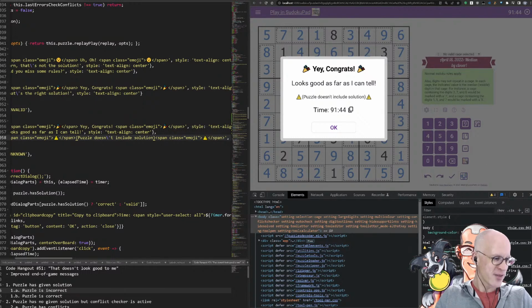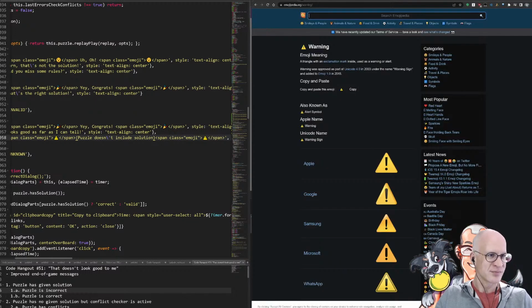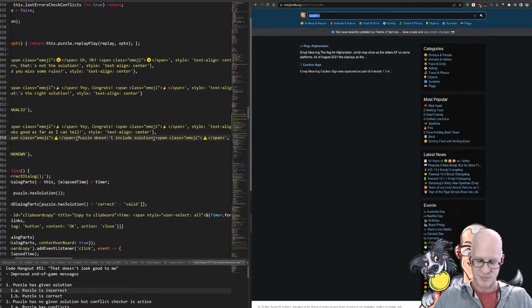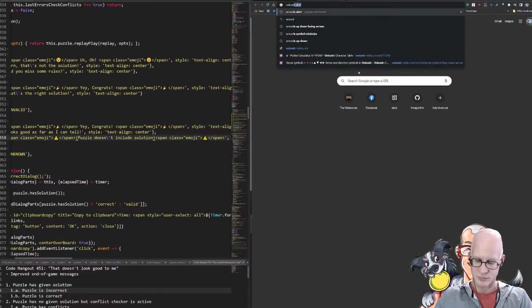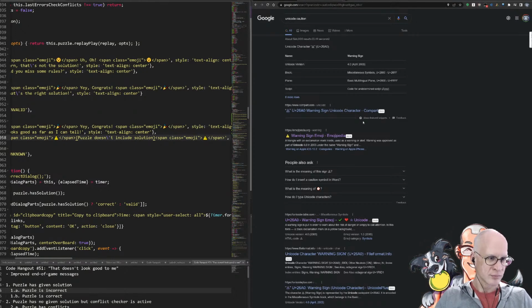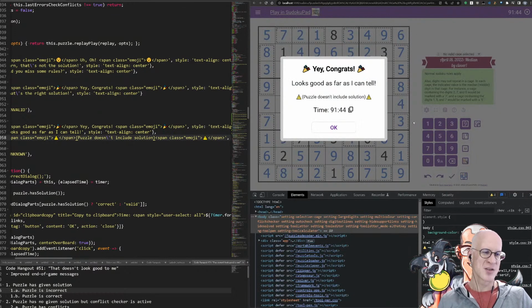Isn't there like a caution thing? Or just make it a color or something. Maybe that's a little bit too much. I'm tempted to put it below the time as well.